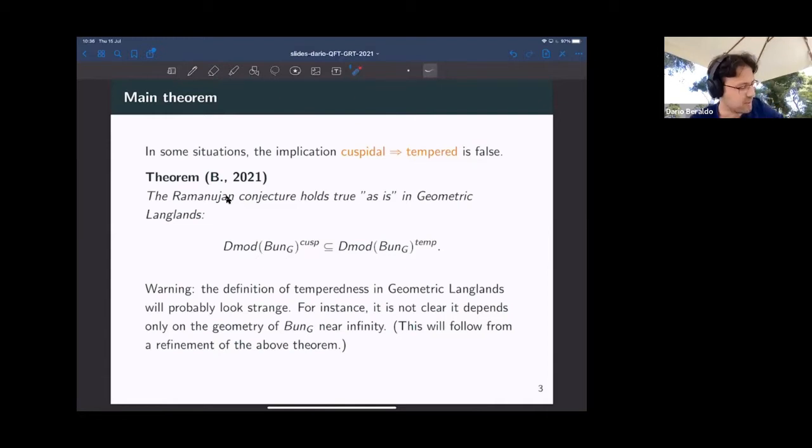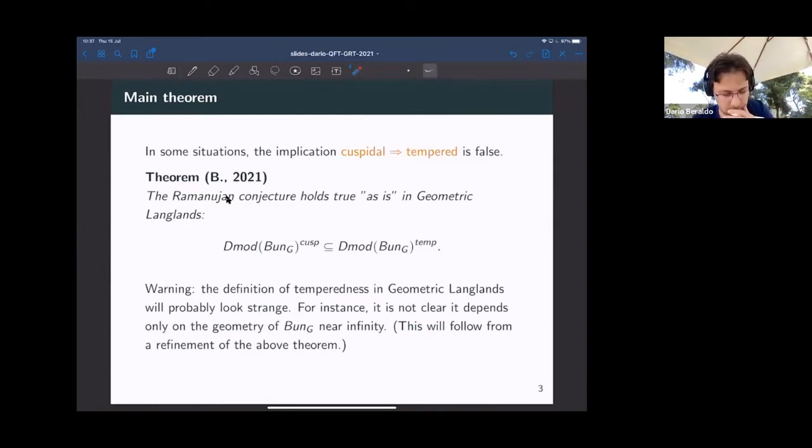It's compact, but maybe the caveat, the warning, lies in the definition of temperedness in geometric Langlands. Usually tempered things are analytic things, and I will be considering only the algebro-geometric aspects of the conjecture. So I don't have, for example, L2. I don't have decay at infinity in the way we think about it. Those are usually the words that appear in tempered, like L2 plus epsilon. The definition of temperedness will be different. One main obstacle is that it's not clear that it depends on the growth of the sheaf near infinity.